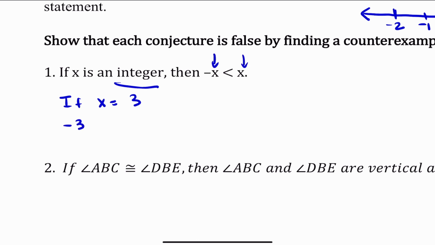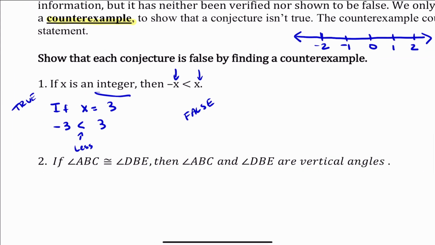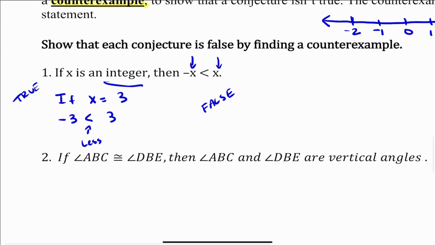Therefore, -3 is less than 3. Well, if we compare these two numbers, yes, -3 is less than 3. That's true. So this is me showing the true part. However, if I show a counterexample where the statement, or the conjecture, is false, I can say if